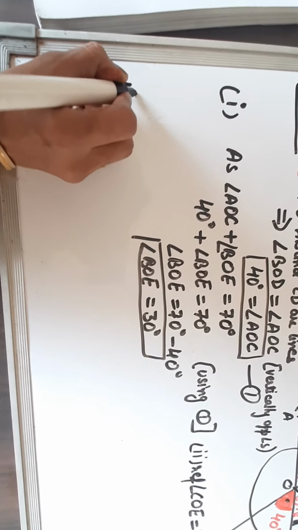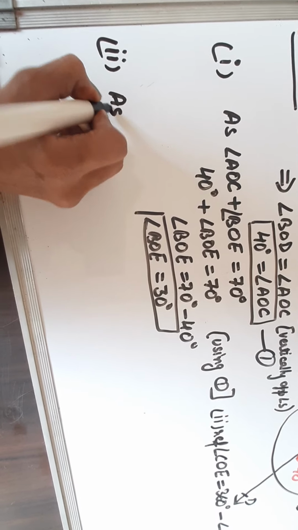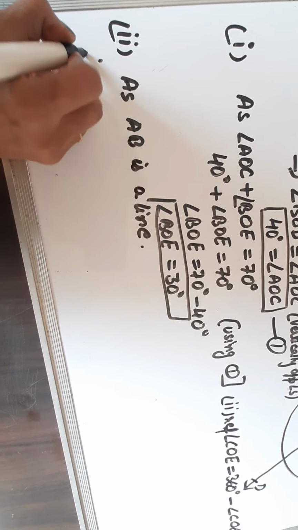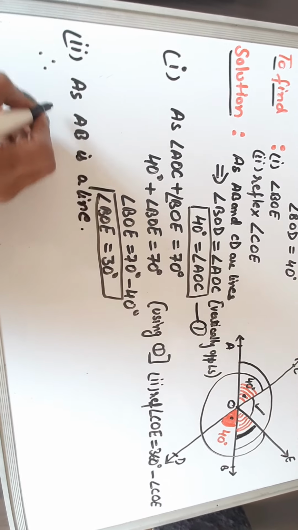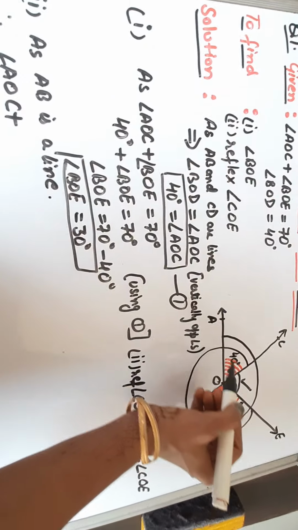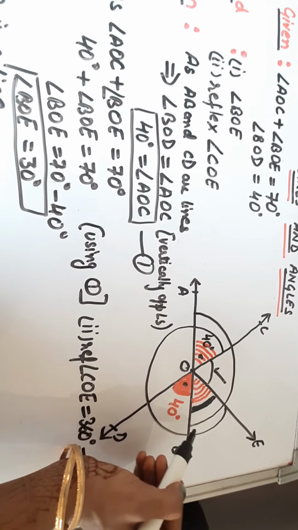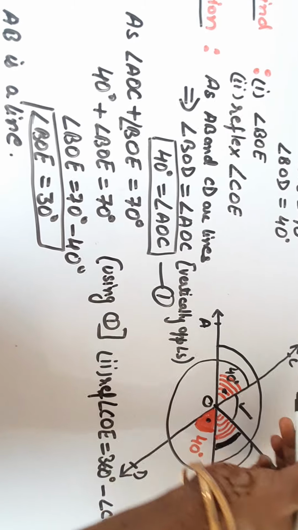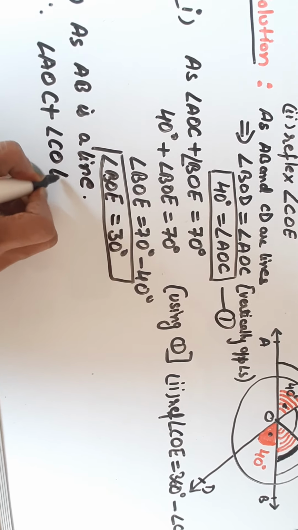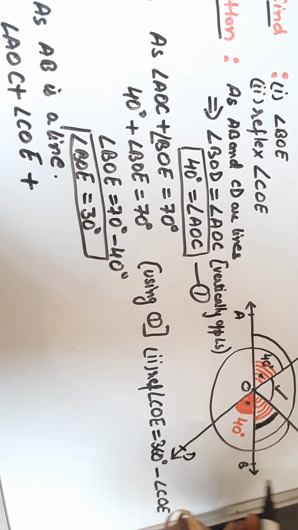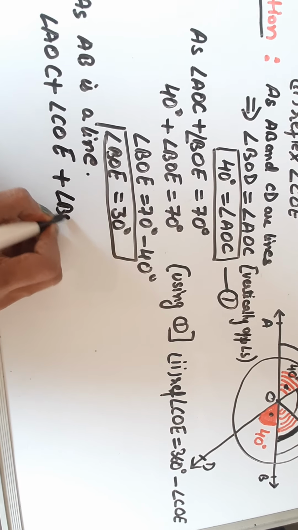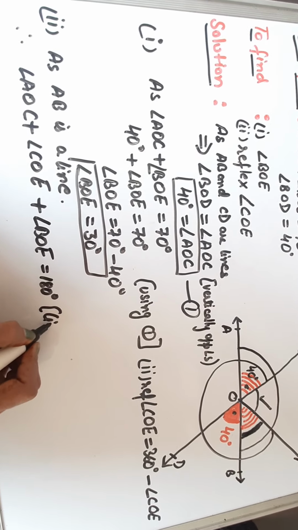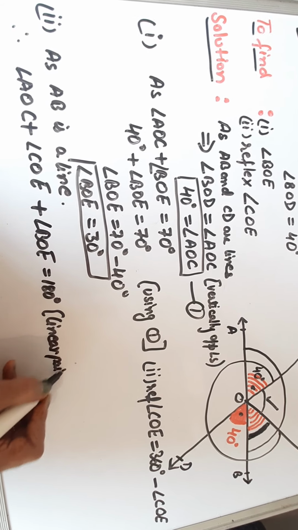So let us write down second part, that as AB is a line, therefore angle AOC plus, आप लाइन का कैसे पता चलता है बेटा? एक D बना के देख लेंगे, जितने एंगल इस D पर आएंगे वो सभी सम 180 होगा उनका. सो this angle plus COE plus angle BOE, this angle, is equal to 180 degree. They are forming on the single line. We can write them as linear pair of angles also, right?